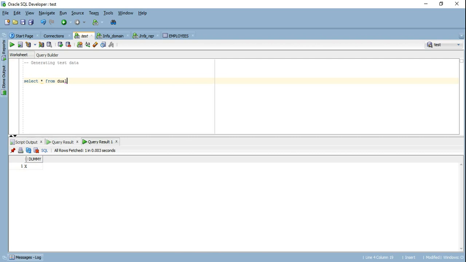So before we generate our test data, we need to understand three things that we are going to leverage here in order to generate our test data. The first thing is the dual table. Now, a dual table is a dummy table that's offered by Oracle. It's a single column, single value table. So if you query, like I have just done here, select all from dual, it has generated a dummy record, or a record with the value x. It has generated a dummy column and the value of that column is x.